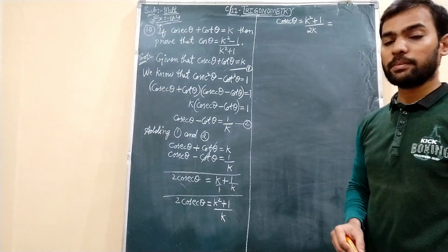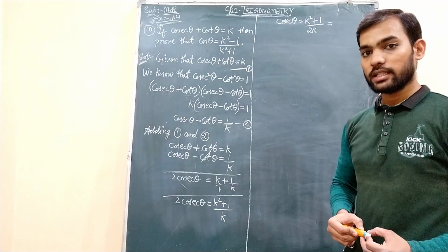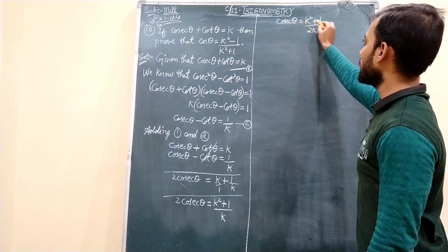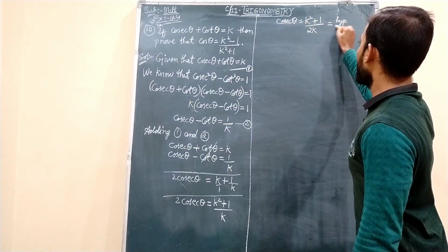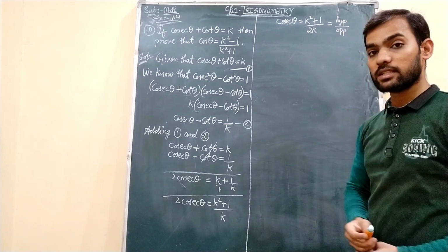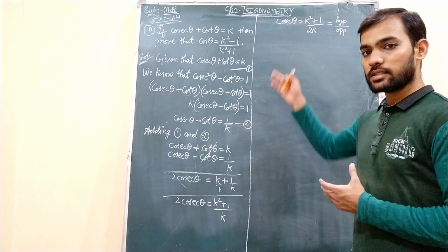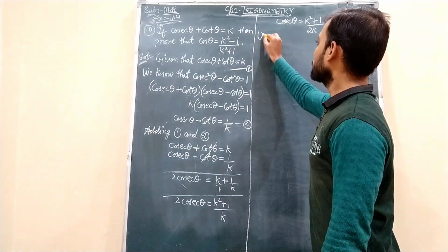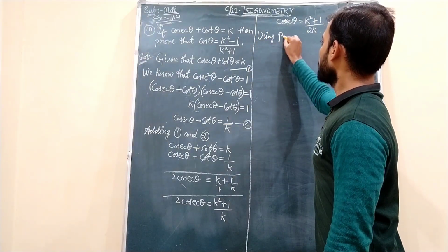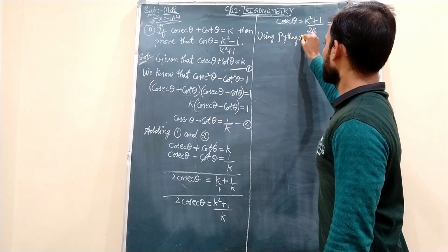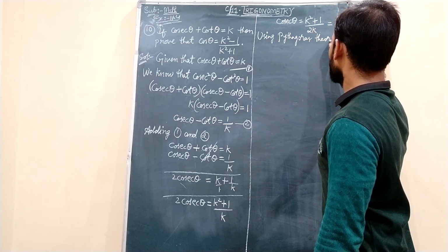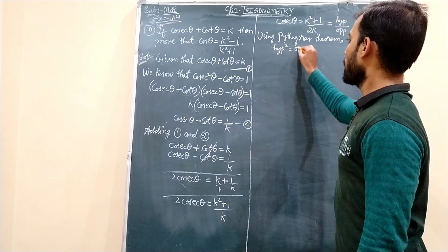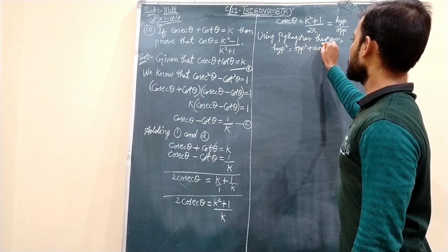Now this needs to be compared with the first set of our formulae, which are nothing but ratios of sides. So k square plus 1 by 2k, this cosecant theta equals hypotenuse by opposite. Which side is missing, students? Adjacent is missing. So using the Pythagoras theorem, once you find adjacent, then you can prove whatever is given in the question. What does the Pythagoras theorem state? It states that hypotenuse square equals opposite square plus adjacent square.